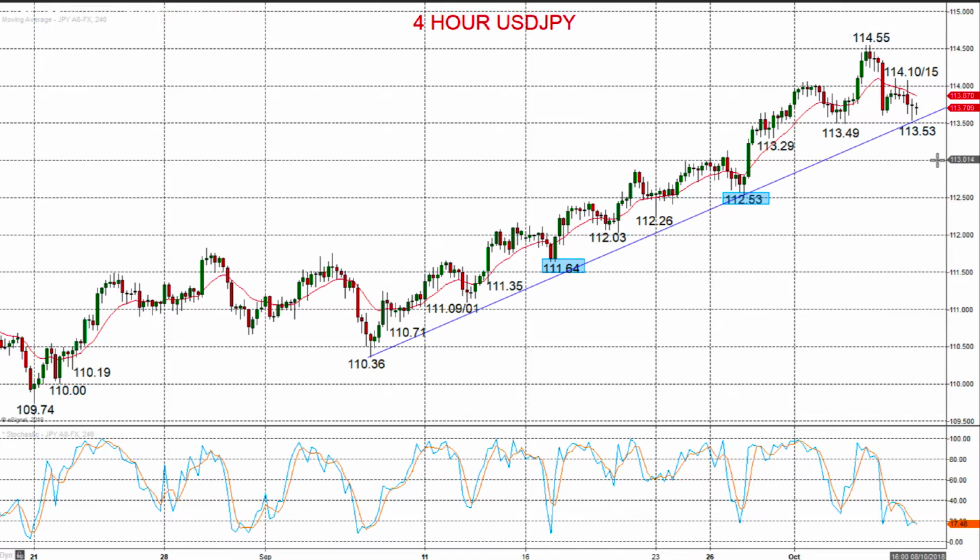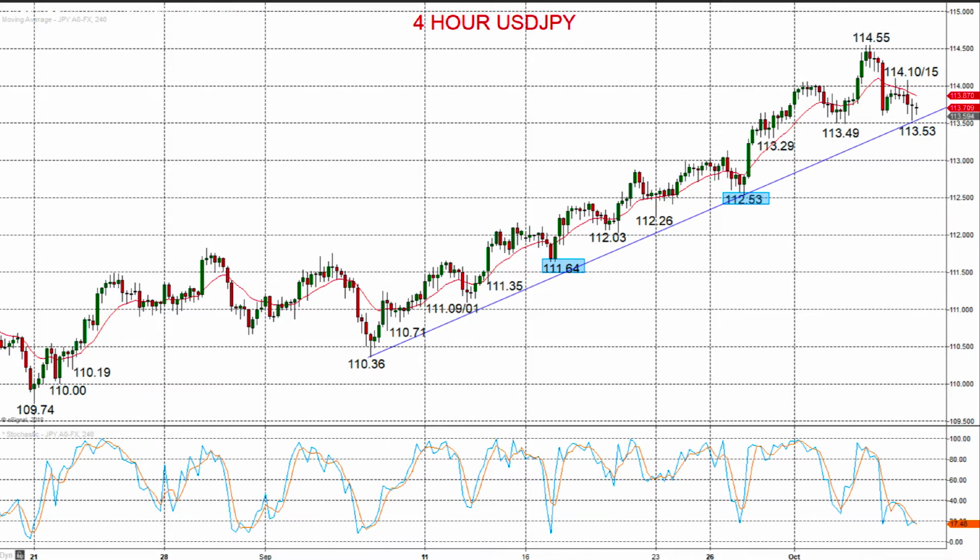So the yen appreciating versus the dollar. The yen has appreciated against most currencies, as we've seen a shift to more of a safe haven mode. So that safe haven mode, as we go into a risk-off scenario, is seeing dollar yen back lower in here. We are holding above this trend line support. Critically, the level is going to be 112.53, and whilst above here, we still see the intermediate term